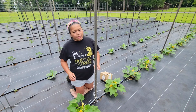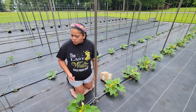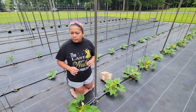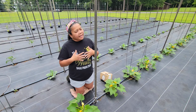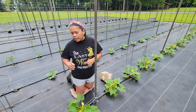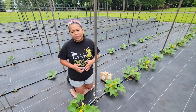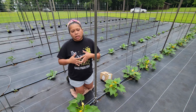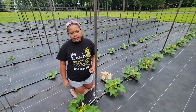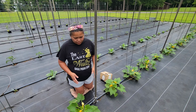So in order to make a perfect row, I planted the squash in a row, and then I put some tomato cages. If I had enough tomato cages, I should put 30 because I need 1 tomato cage per plant. Unfortunately, I don't have that many tomato cages and I don't have the budget to buy new ones this year. So instead of putting a tomato cage on every plant, I put tomato cages on some of the plants,